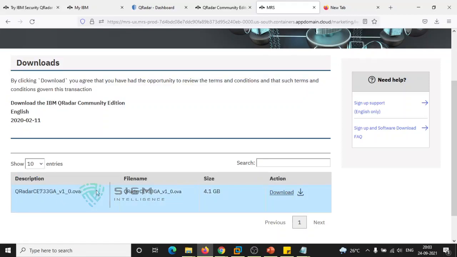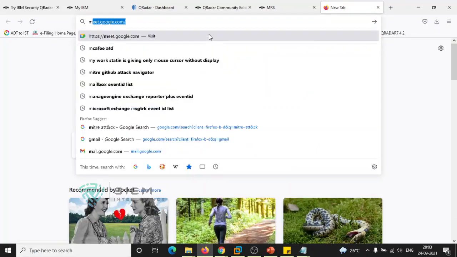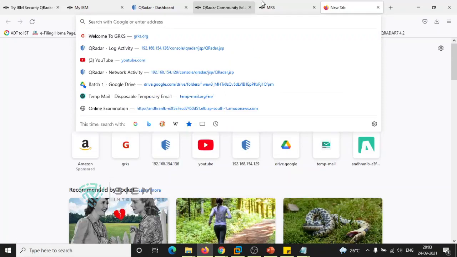Make sure it is ready and available so that we can do the same thing on Monday. People who want to install along with me, just download this link. Just type IBM QRadar Community Edition download in Google. That's it.